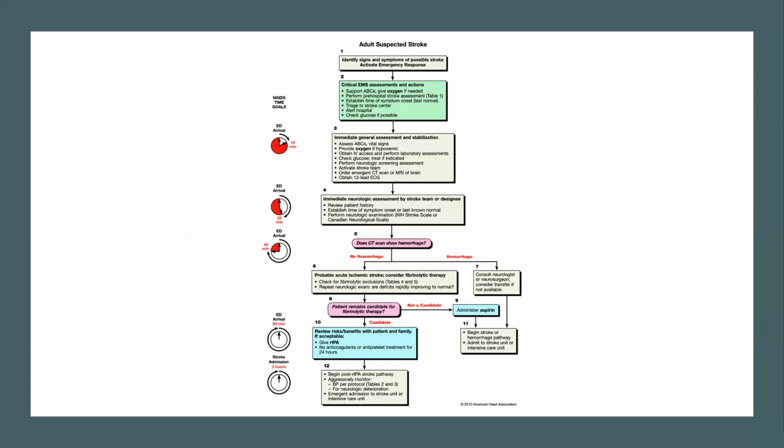So, with that in mind, let's take a look at the algorithm that we always follow whenever we have a patient with stroke. There's a lot of information over here, but what I wanted to emphasize is that time is of the essence whenever we are dealing with patients with stroke. That is why there are time elements that we have to observe whenever a patient presents to the emergency room, because we have to have